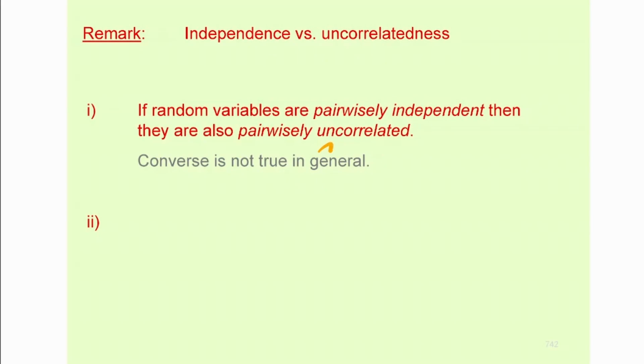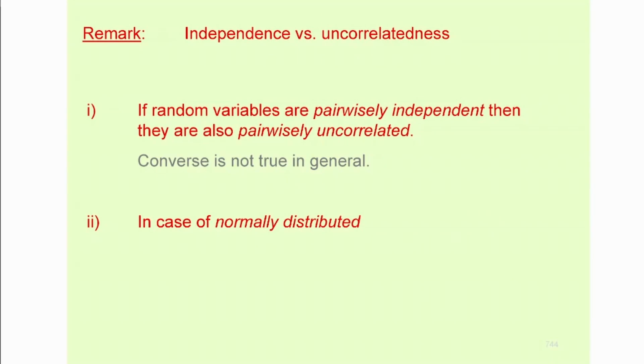So uncorrelatedness and independency are not equivalent, guys. Independency is a stronger concept than uncorrelatedness. Of course, if they're correlated, then they are dependent. That's true. If there's a linear relationship between them, then there is a relationship between them. However, in the case of a normal distribution, and that's also why the normal distribution is so popular, the two are going to be equivalent. So if two normal variables, by normal I mean following the normal distribution, are uncorrelated, then they're also going to be independent.